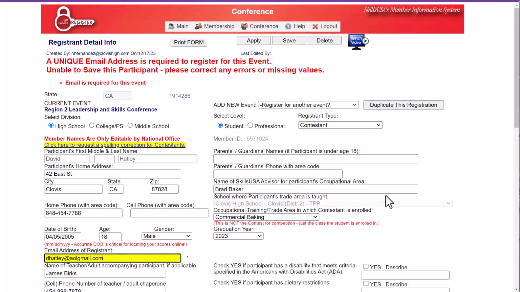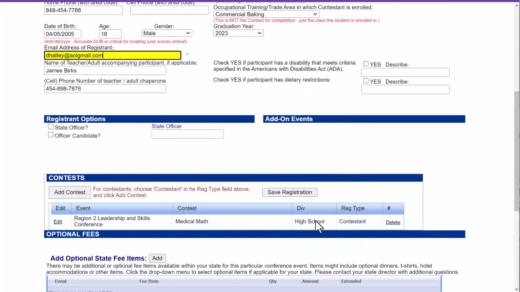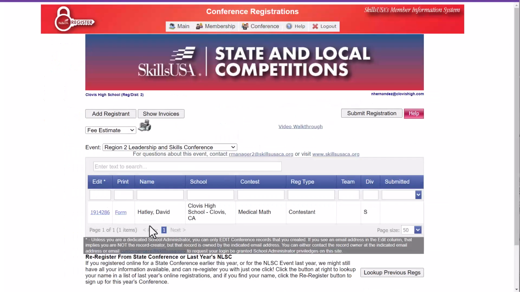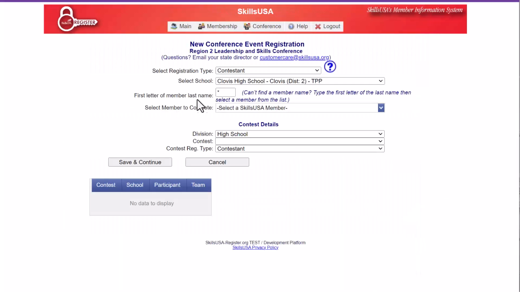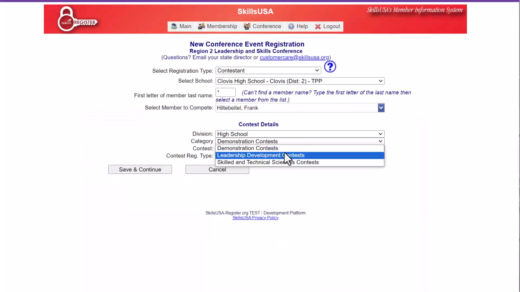Once I've put all that stuff in, you'll be able to see down at the bottom, the student has been added to the medical math contest as a contestant. Now I can click Save. Hopefully it'll let me through. Yep, so now I've got David registered in medical math. I can just keep going through here, adding the rest of my registrants to whatever contest I want to put them in. If you happen to have a team event, for example, let's see, I think